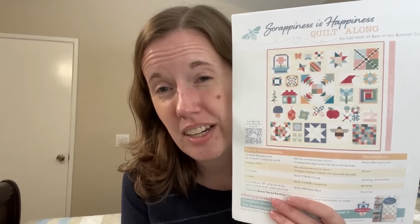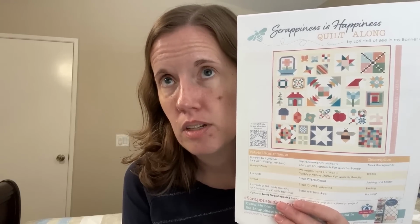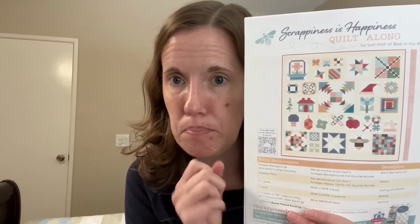And I think that's everything I can, oh yeah, quilting. I do have a little bit of quilting. I cut out the blocks on Saturday and I sewed it up yesterday. I'm doing the Scrappiness is Happiness quilt. I'm trying to get caught up. So far, the blocks that I've been working on are big, so I haven't been catching up. I just haven't been falling behind anymore. Eventually, I'll get to where there's some more small ones and I can do more than one at a time. But I did this one